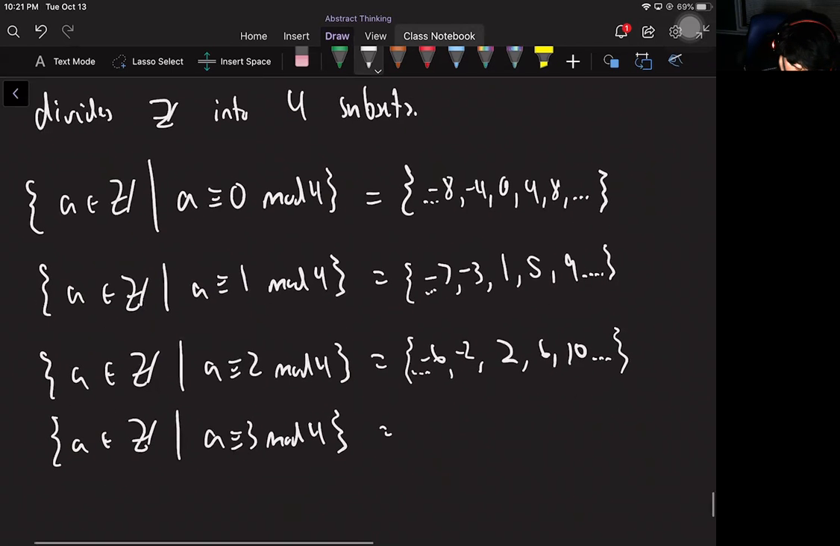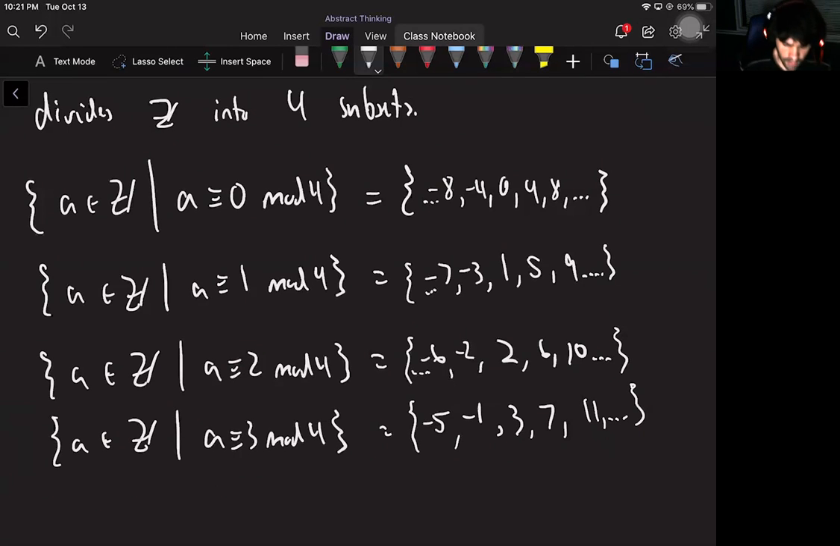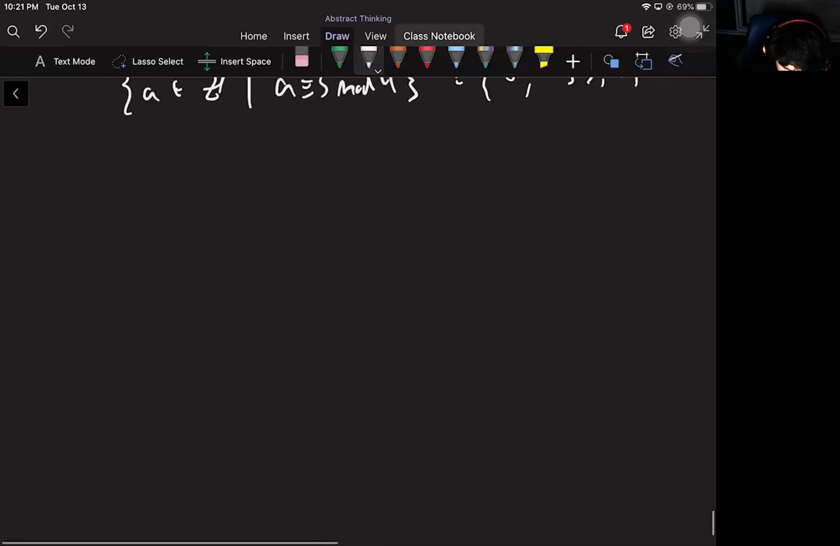And now all the guys related to 3. So notice that none of the lists have any overlap, but together, if I union all 4 of these together, that would get me the entire integers. Okay, so